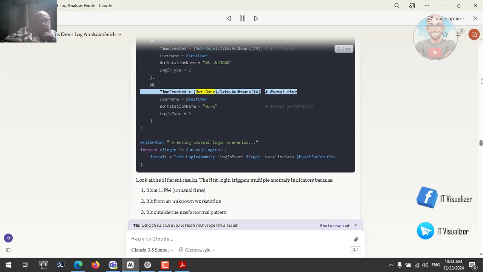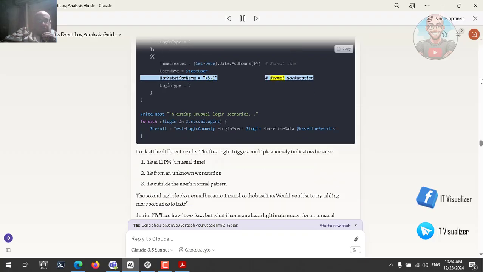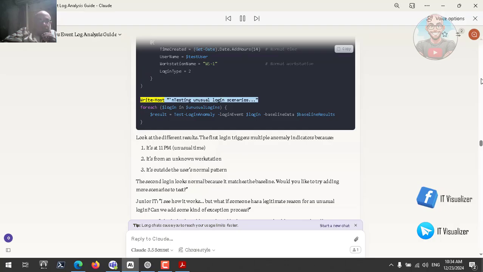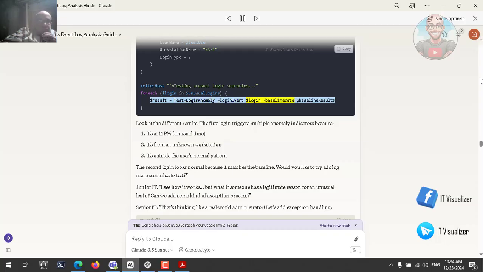TimeCreated = (Get-Date).AddHours(14) # Normal time; Username = $testUser; WorkstationName = "WS-01" # Normal workstation; LoginType = 2. Write-Host testing unusual login scenarios. foreach ($login in $unusual_logins) { $result = Test-LoginAnomaly $loginEvent $login $baselineData $baselineResults